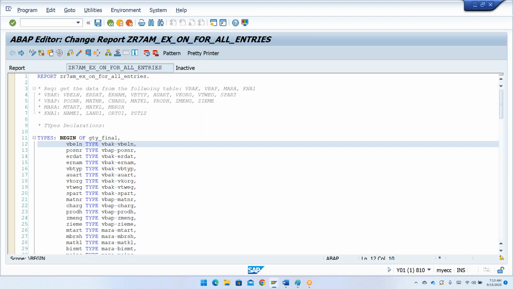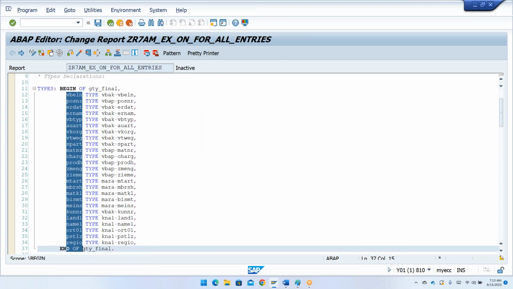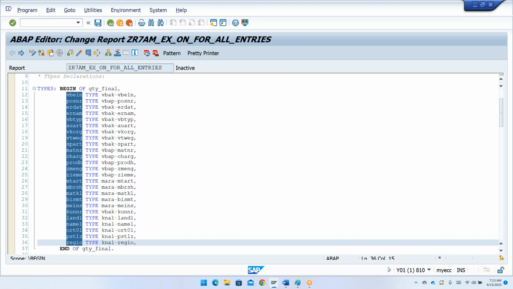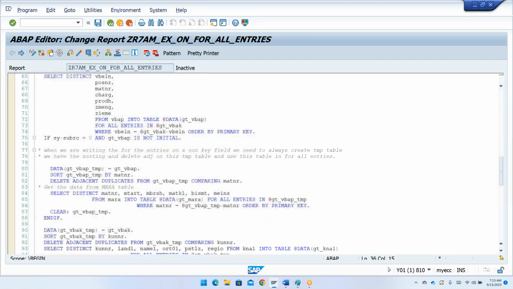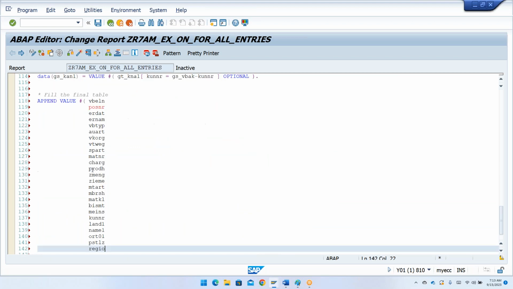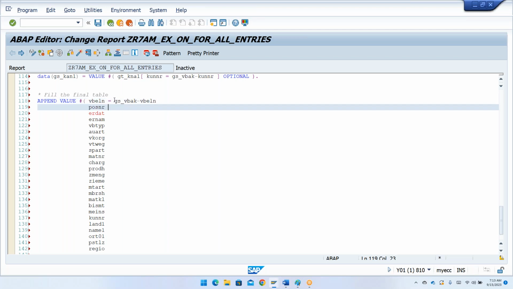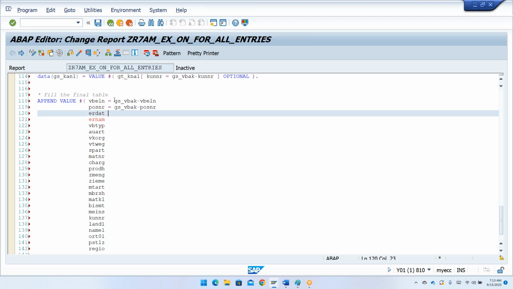Let me copy these fields. Alt, Shift, right arrow, and then down arrow. I'm just going to do that. Control C, and I'm just going to paste it over here. Control V. So now VBELN, where we will be having GS_VBAK-VBELN, comma, next POSNR, GS_VBAK-POSNR,